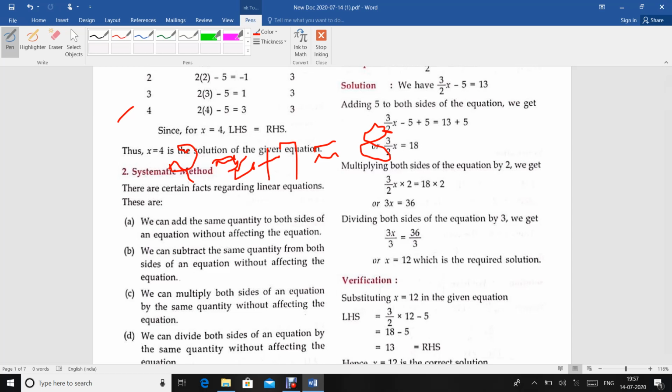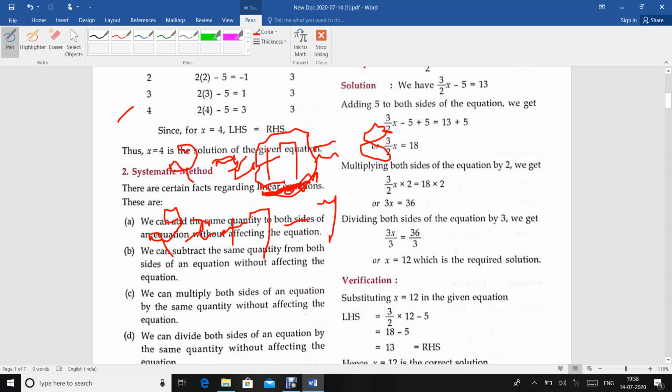Now you can see that here the constant value is plus 7. Then you have to subtract the same value, means you have to subtract 7 on the left hand side as well as on the right hand side. Means you need to do 2x plus 7, and after that you apply the symmetric method, means you subtract 7. If the constant value is positive, then you have to subtract. If the constant value is negative, then you have to add the quantity.